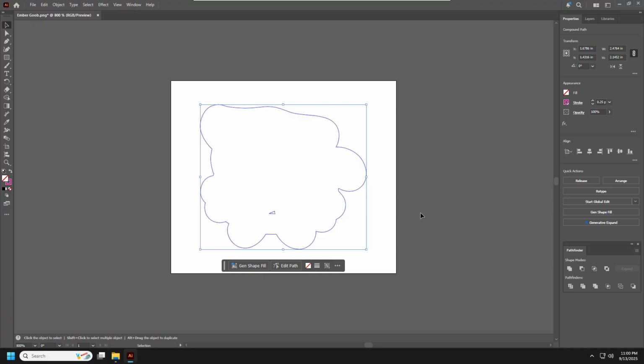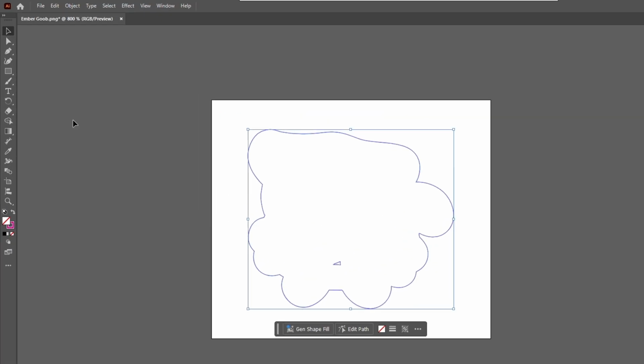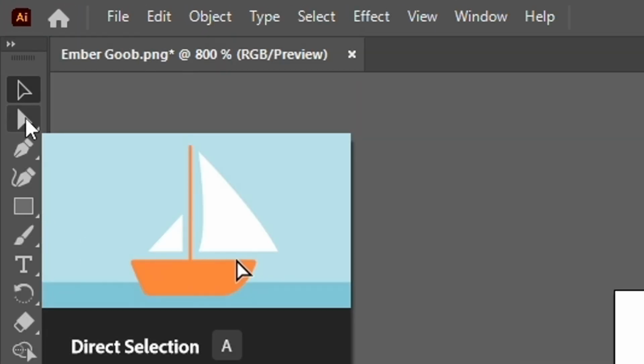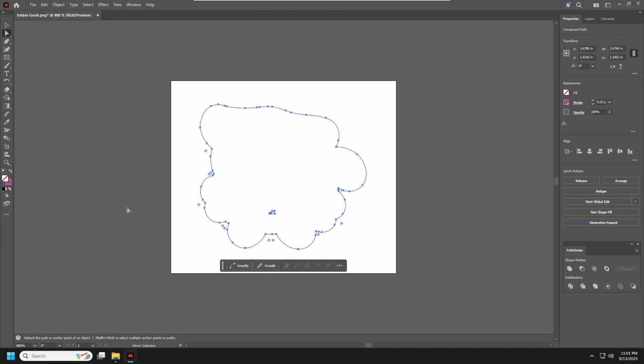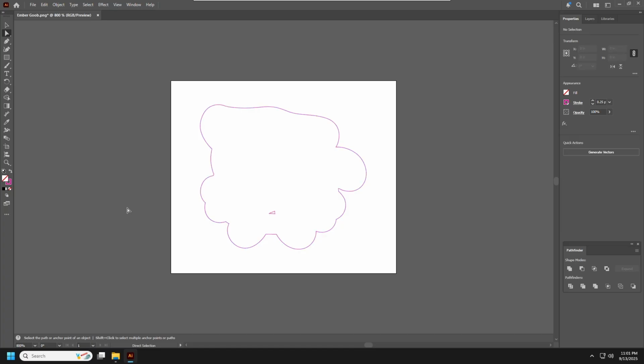This will remove almost all inside cut lines that we do not want. If there are any paths that are still left over, select the Direct Selection tool, click outside of the canvas to deselect our lines, click on any inside lines you want to get rid of, and hit Delete on the keyboard twice to remove the path.